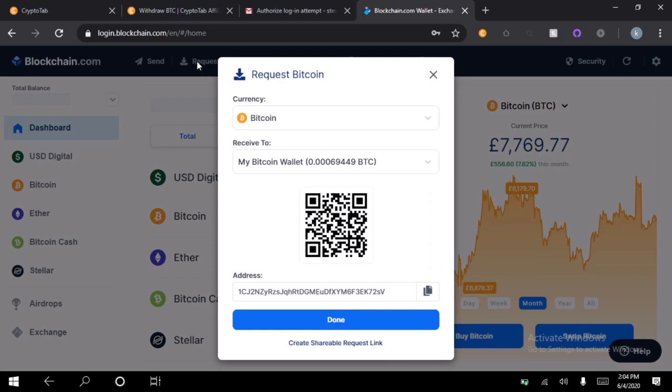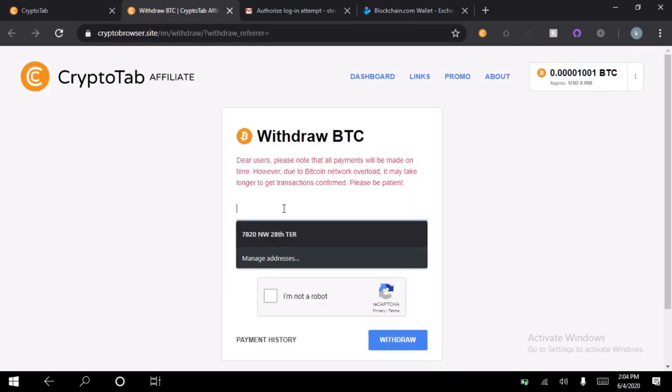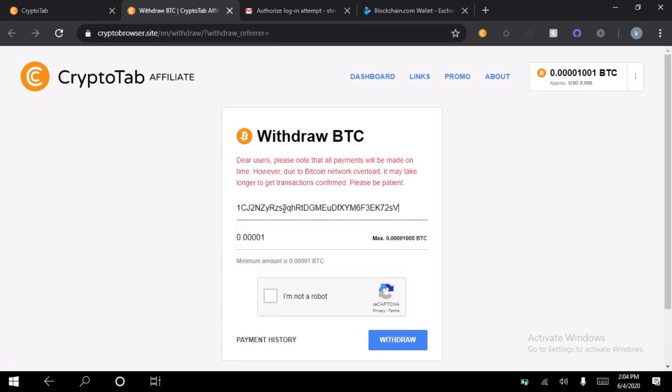So I copy the address, and then I go back to the page they opened for me. Then I paste the address. Then I click on "I'm not a robot." The captcha has a problem, so I have to